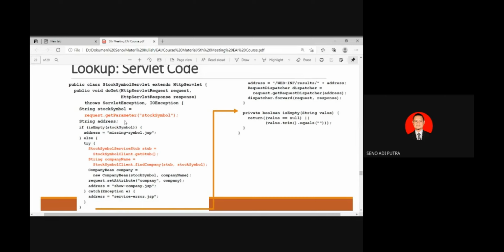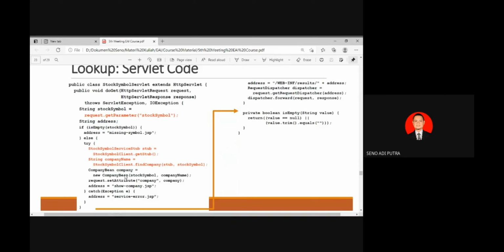And then you perform some algorithm here. It is the same as a regular Java client class, but we need to get the stock and then find the company here.